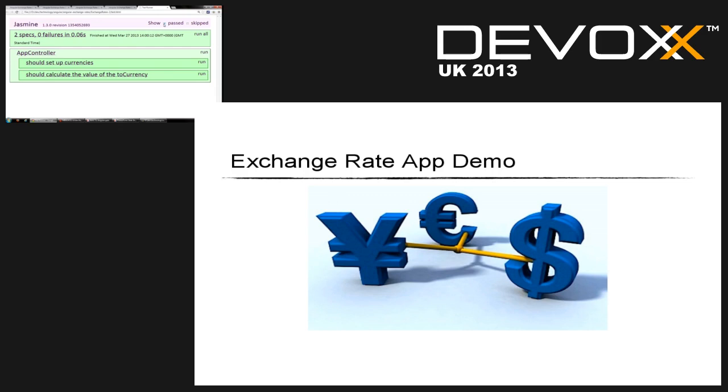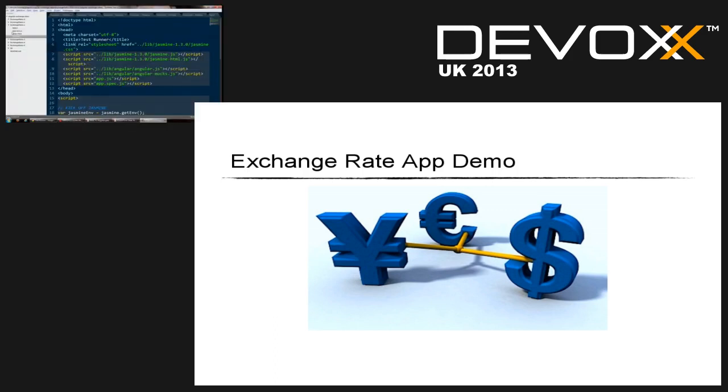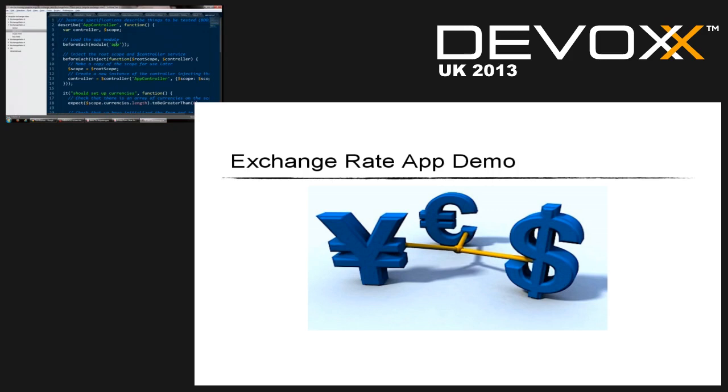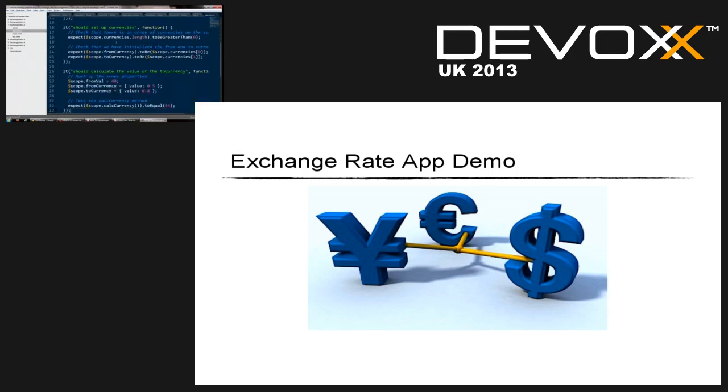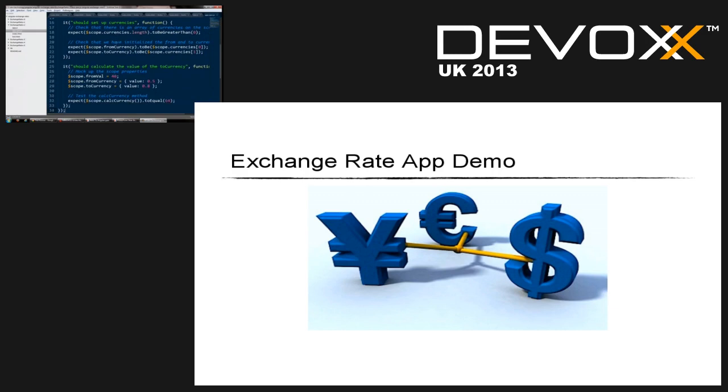It has two specs, basically. One is that it should set up the currencies correctly, which was creating that list. And then the other is that the value should get calculated correctly. And we can see that I have a spec file here. It should set up currencies. And I'm saying I expect that the length of the currencies array should be greater than 0, and that the from currency and the to currency should equal the first and the second values in that array. And then equally,